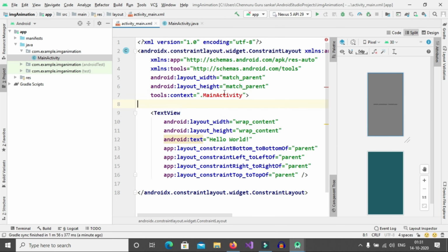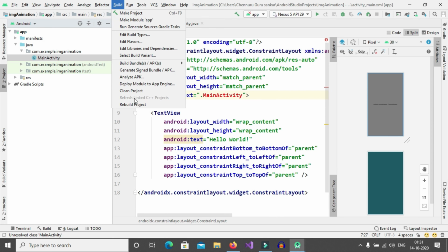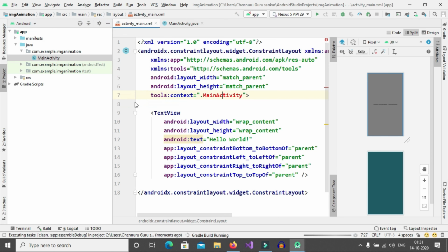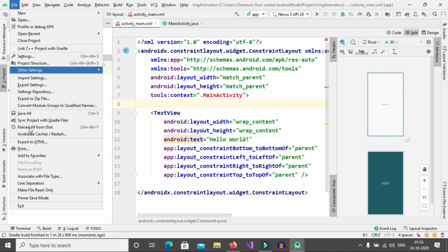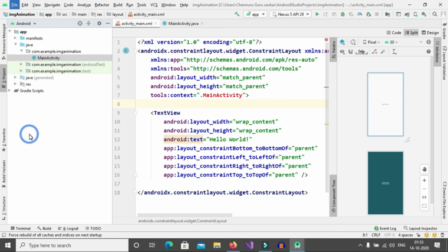If you get any error like unresolved class MainActivity, rebuild the project to resolve the error. If after rebuilding you are still getting the same error, go to File, expand it, then select Invalidate Caches and Restart.